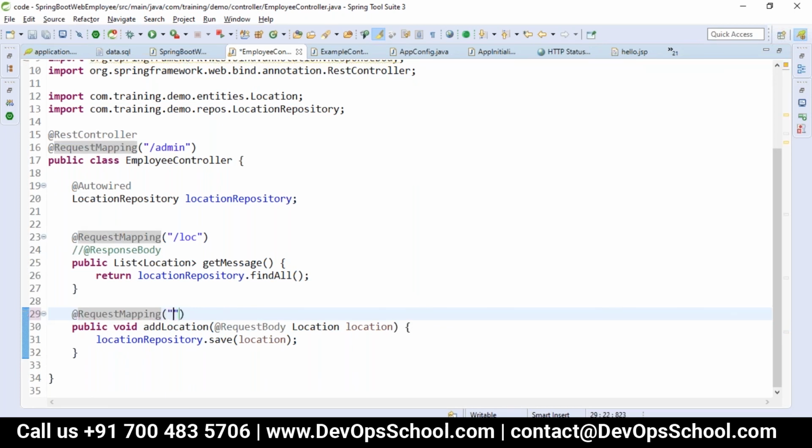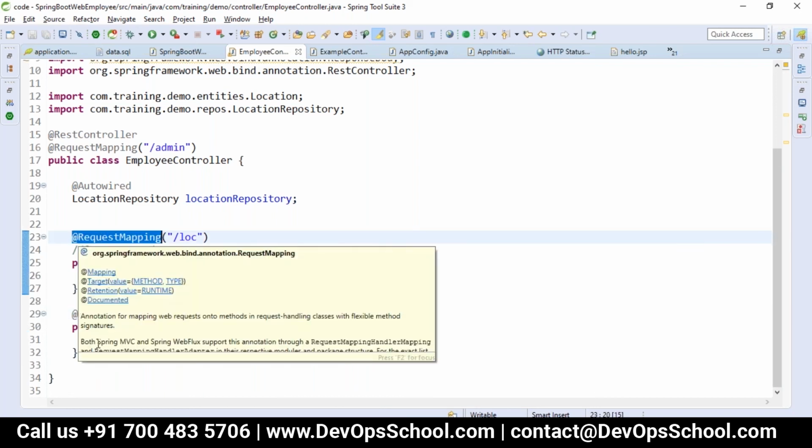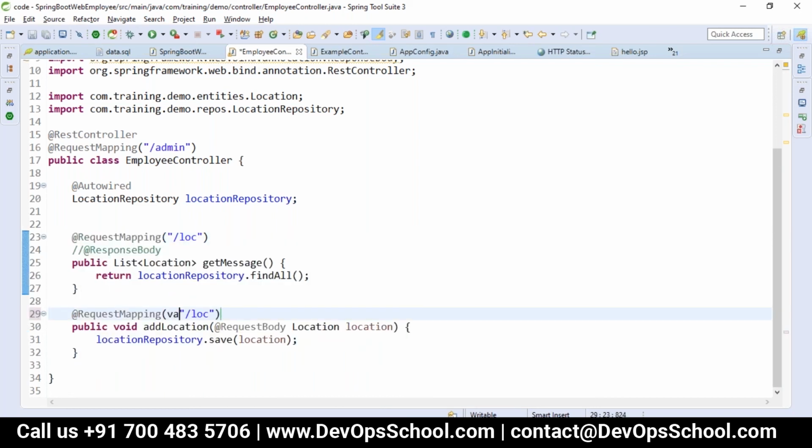But if you have this one, we'll get ambiguity because we can't have two methods which have the same URL mapping with the same method also. So what we can do here, this method will be used for a post.